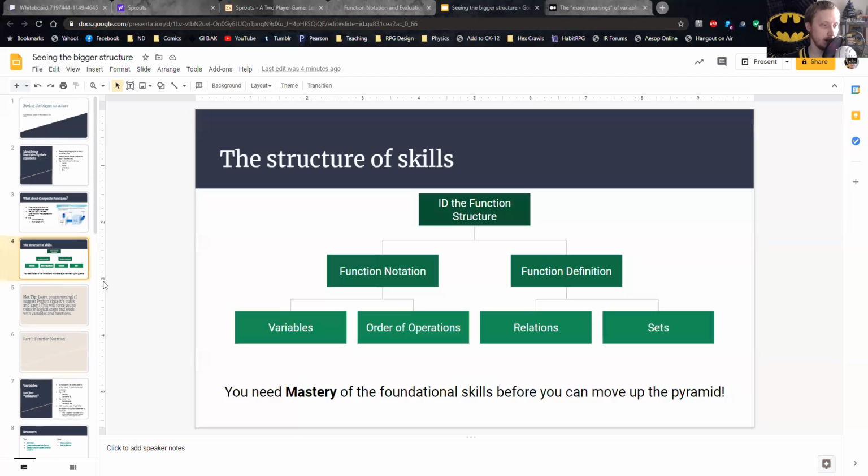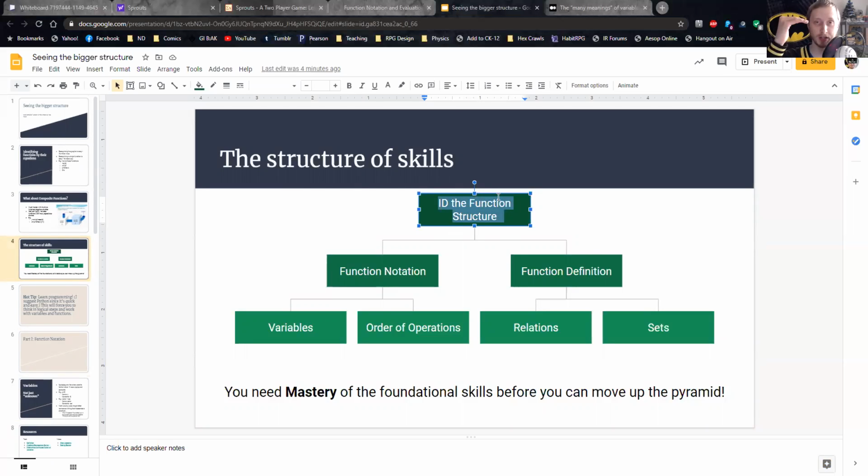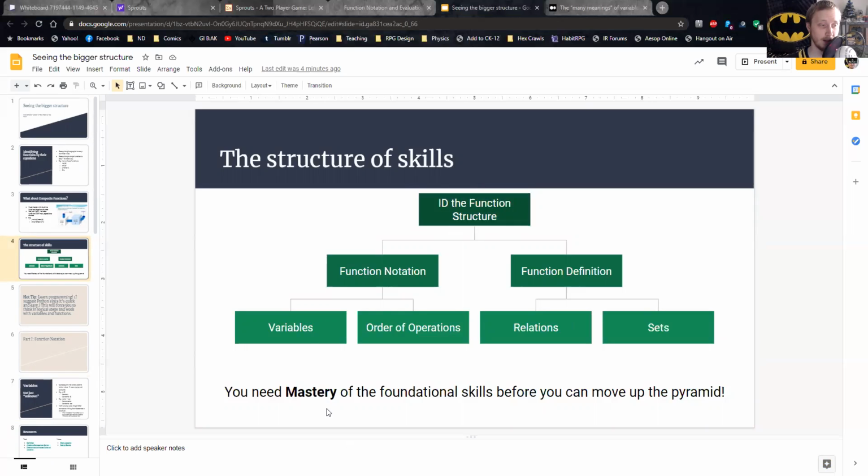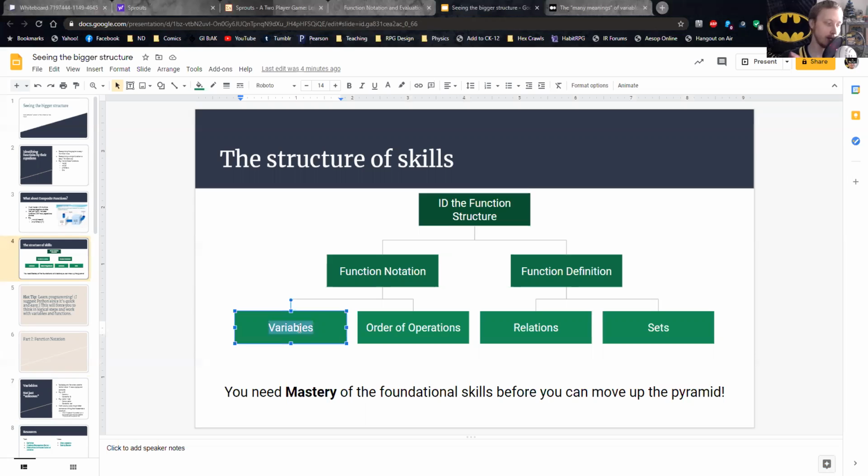Now, let me end with this. Back to my diagram here. This is not the bottom of the diagram. This is not the top of the diagram. IDing the function structure is one skill that will support other skills as you go along. And understanding variables, of course, is not something you can just pick up out of the blue. That does depend on all the other middle school math concepts. You have to know what numbers are first, right? Before you can get into a variable that could be any number, you got to understand the numbers first. And so this is not the bottom of the pyramid. There's many more things underneath all of this